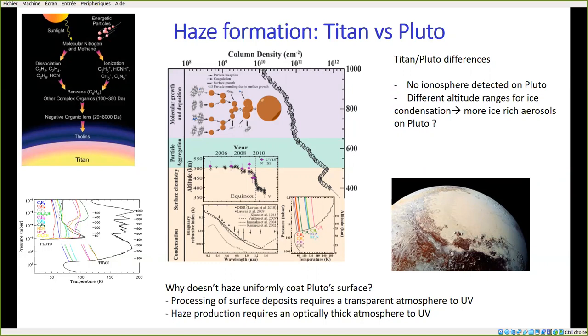There is an interesting and unresolved question: why does Pluto's surface present large variation in appearance and albedo, given that the haze material is produced everywhere, and so the haze material should uniformly coat the surface? We can understand that sublimation-condensation exchanges on diurnal timescales in the N2 ice region may quickly bury the haze particles. But for other regions of the surface, it's unclear why the direct chemical processing of the surface by solar photons is not masked by the permanent haze deposition.